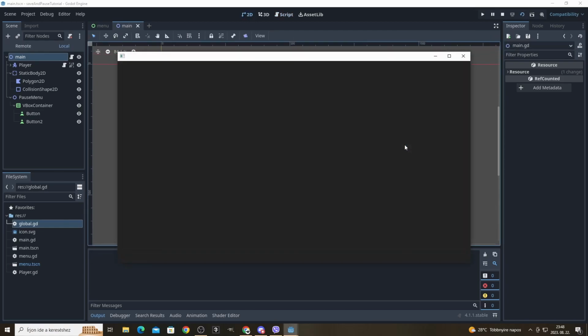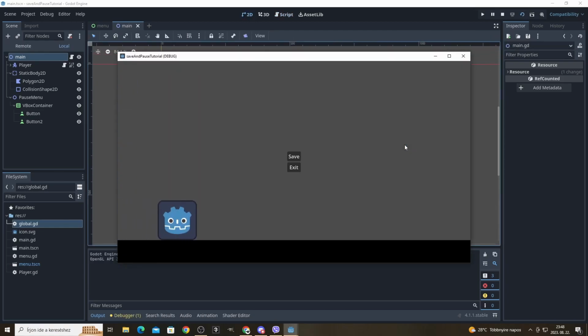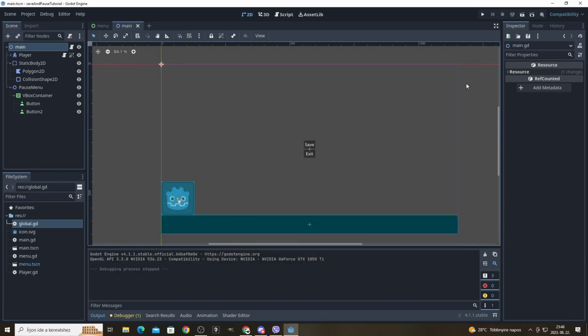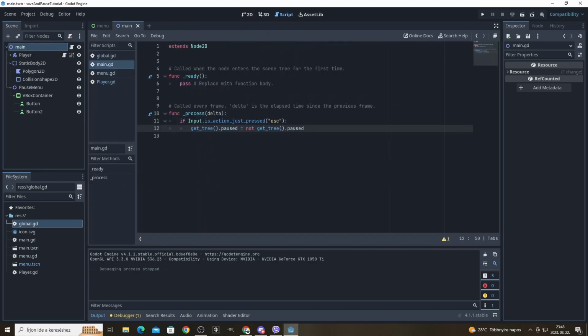Okay. Now let's check out our game. Let's launch it. If we press the escape key now, then the game pauses, which is excellent. But if we press the escape key again, then the game doesn't unpause, it just freezes. Why is that? Well, because we paused the game, we paused every node in this scene, which includes our root node. So that means that because we paused it, it doesn't execute anything in this script, and that means that